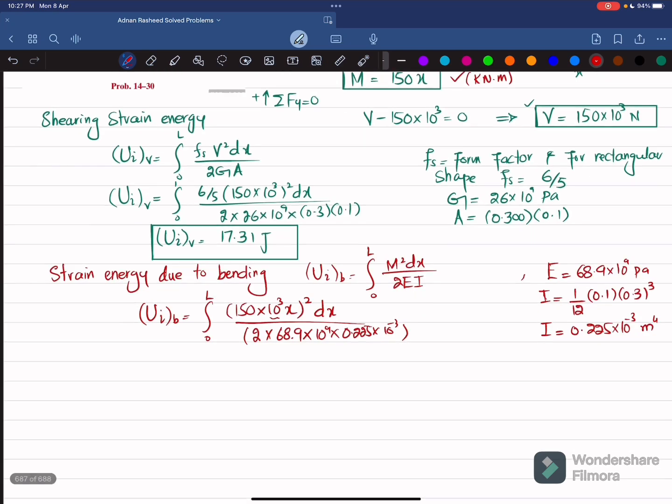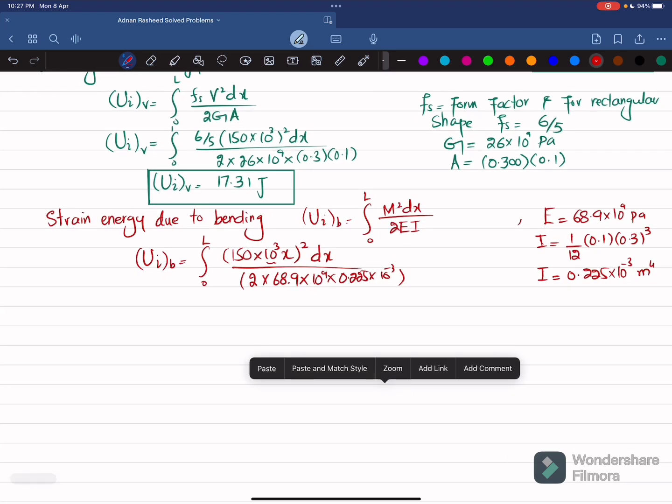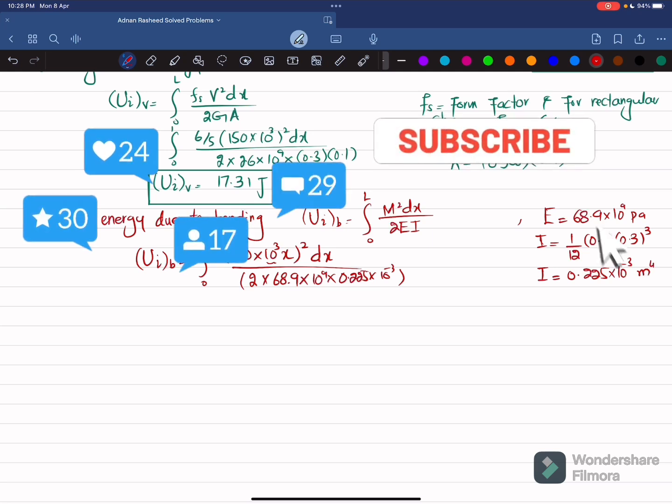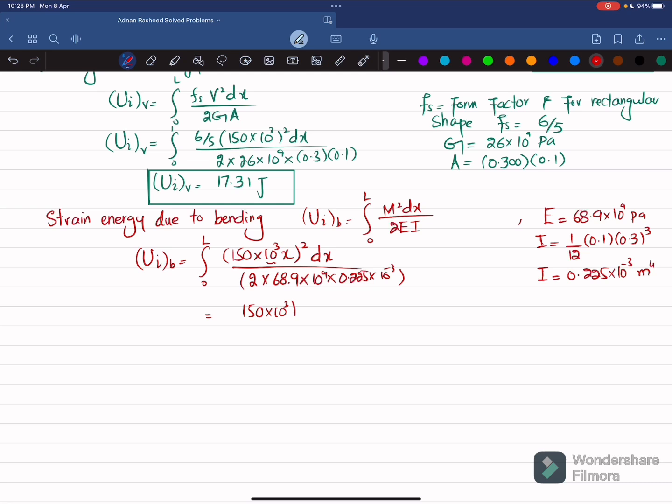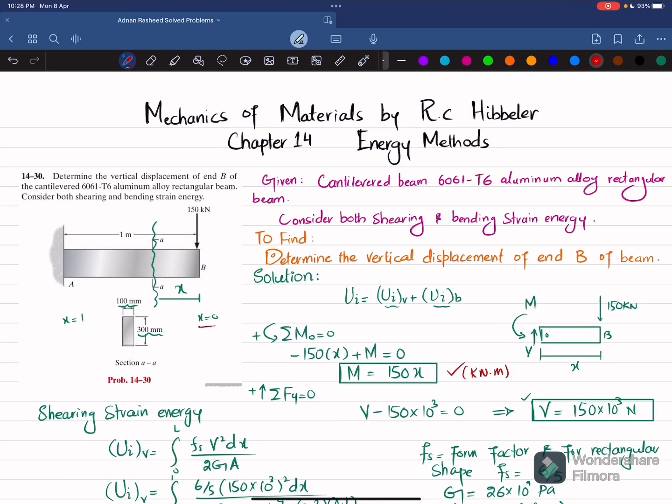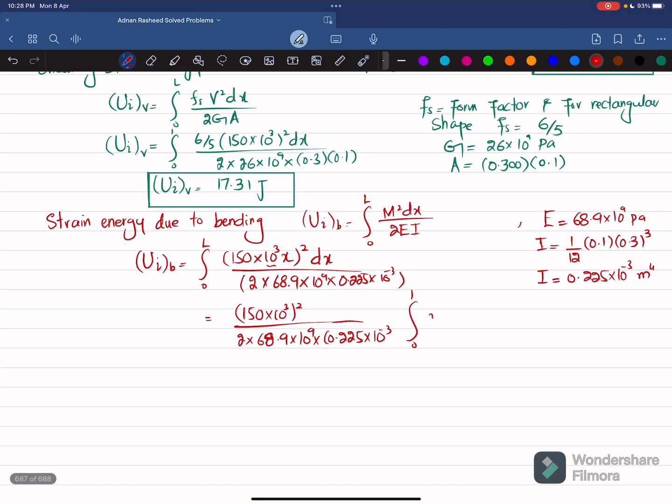Now, if you further simplify it, you will get, if you take all these constants, 150 into 10 to the power 3 whole square divided by 2 multiplied by 68.9 into 10 to the power 9 multiplied by 0.225 into 10 to the power minus 3, integral of 0 to L, and L will be 1, because you can see x starts from 0 till x is equal to 1. We will be left with x square dx. And again, when you solve this, you will get this value